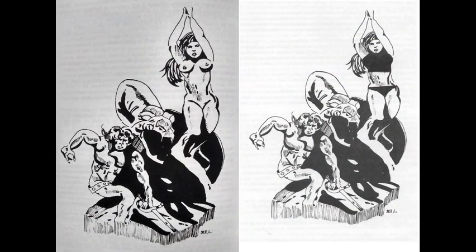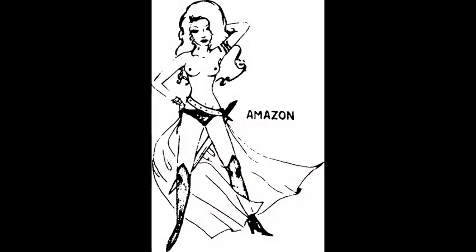But the problem that I have, because I have no problem with nudity in comics or in art in general, or on the beach. Do whatever you want, love your body. But the Amazon in particular, she does not look like an Amazon to me. An Amazon to me is this beautiful, fearless, powerful woman, and she looks super sexy and she's going to kick your ass. And this woman does not look like she's going to kick your ass at all. She looks like she's going to do something else, but it's not kick your ass. And so, it feels like really gratuitous nudity and really kind of silly. She looks like a come hither Las Vegas stripper,